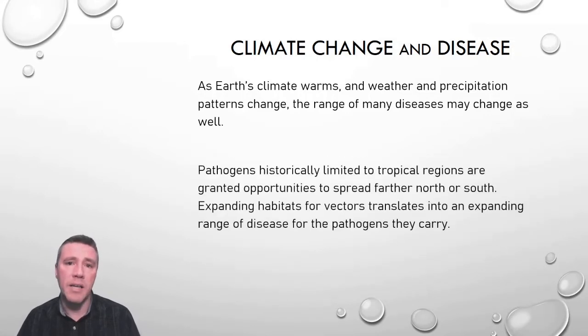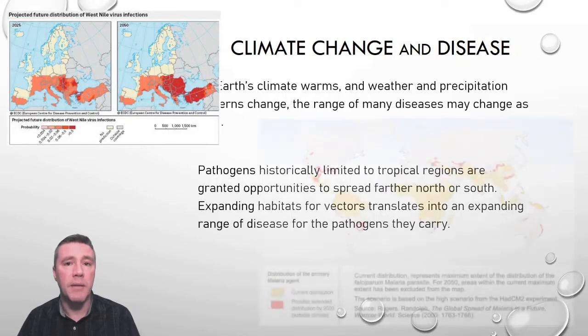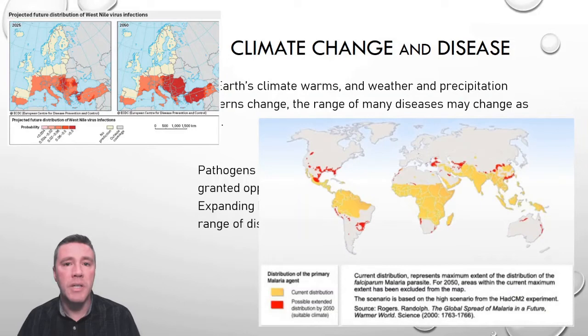There are many examples of pathogens found in the tropics and subtropics. The diseases caused by them are generally less prevalent in temperate climates, due mainly to the occurrence of colder seasons, which control the insect population that act as vectors for them. Diseases like West Nile virus and malaria are modeled to demonstrate larger geographic ranges in the future on a warmer planet.